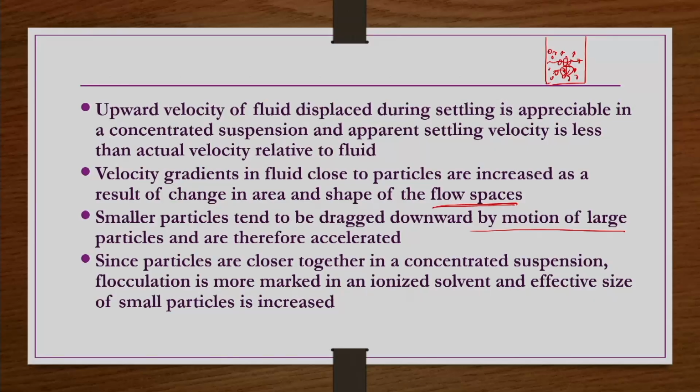Since particles are closer together in a concentrated suspension, flocculation is more marked in an ionized solvent and the effective size of small particles is increased. So, these are the reasons that in sedimentation of a slurry having a wide particle size distribution, it is not possible to have a B zone; rather we have only A and D zones with